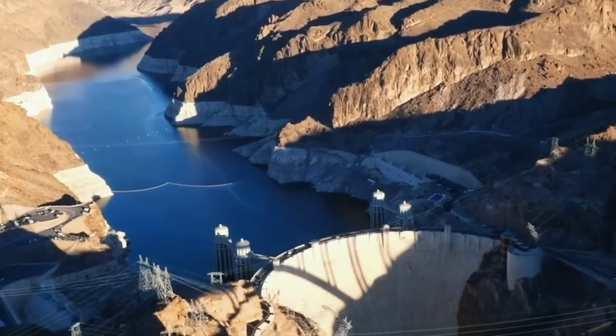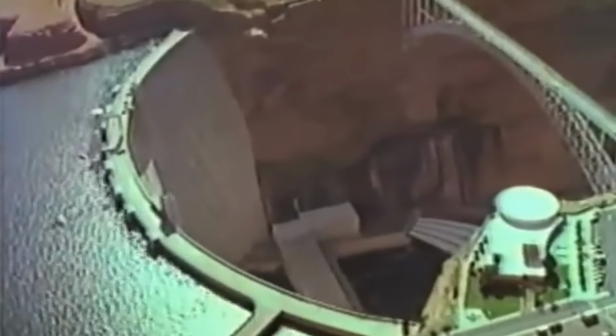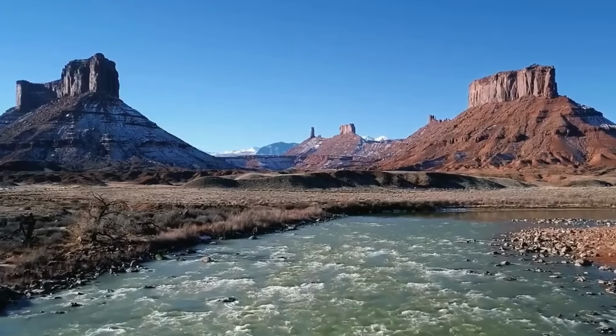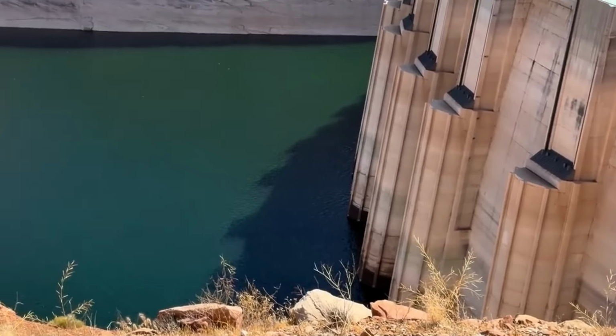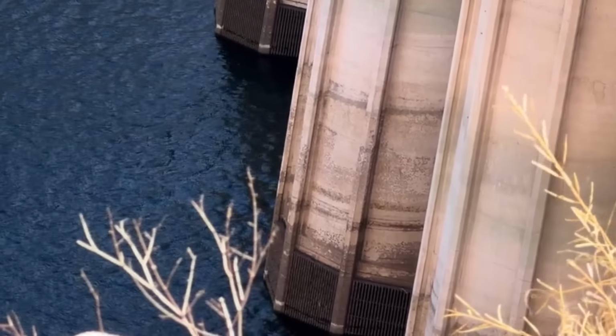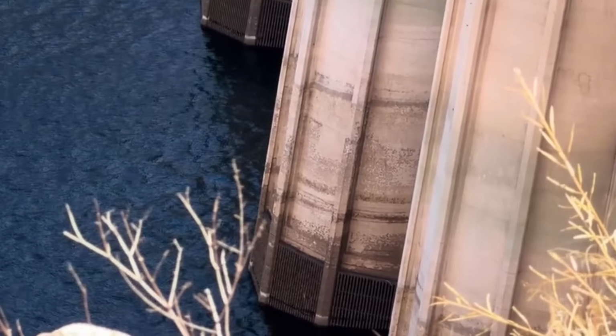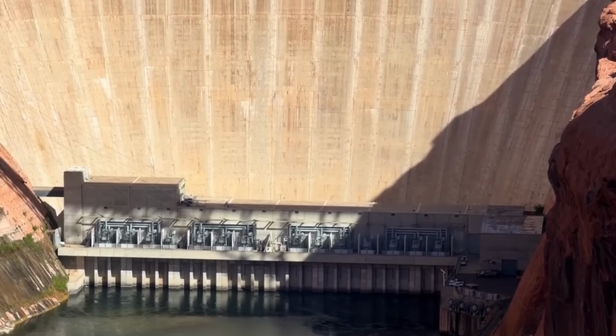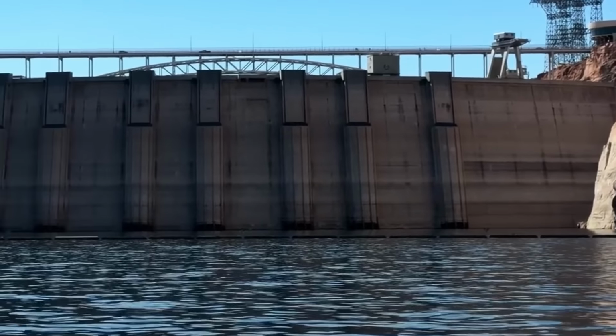That world is gone. Lake Powell reached full pool, 3,700 feet, exactly once, in 1980. It took 17 years to fill. Today it sits around 3,527 feet, roughly a quarter of its designed capacity. The reasons for that decline belong to a separate conversation. What matters for the engineering is a single number,